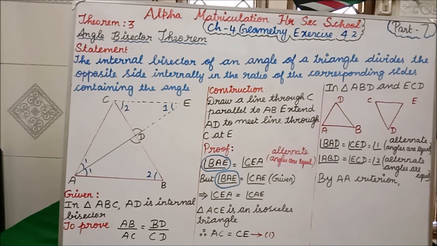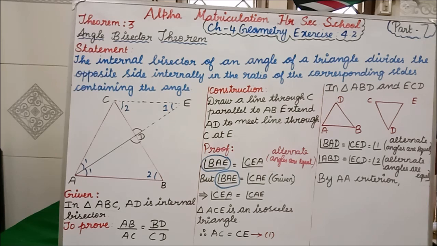Okay, if the two triangles are similar, what have we learned about that similar property? We learned in the first topic, geometry, about similar triangles. If two triangles are similar, the corresponding sides are proportional, we have learned, isn't it? So we are going to say now these two triangles are similar. Now how am I going to prove this?